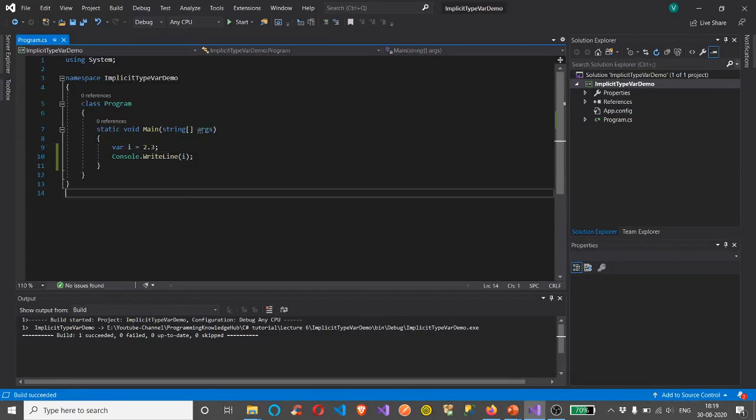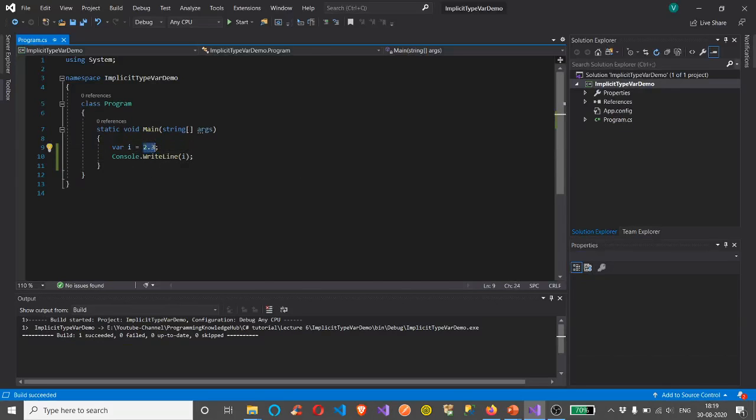For example, when we write var i equals 2.3, and the compiler compiles the program, it decides the data type of i based on the value assigned to it. So if we assigned 2.3, it will declare a float.